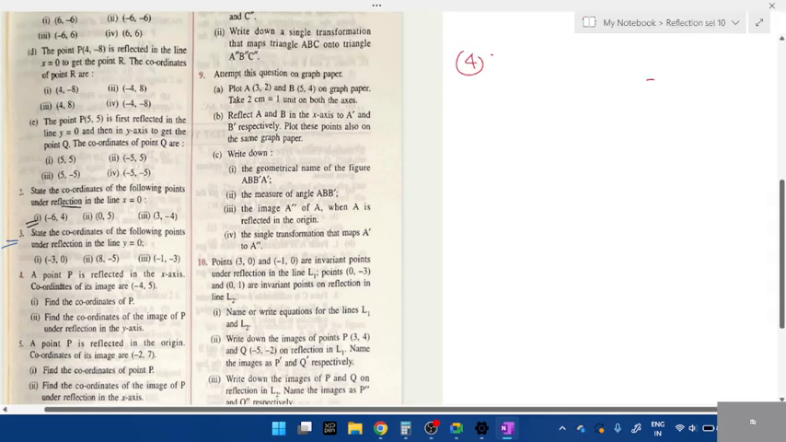We'll try the fourth question. A point P is reflected in the x-axis. Okay, if it is reflecting in the x-axis, take y is equal to 0 and the coordinates are 4, comma 5. Find the coordinate of P. First question, students. What's the coordinate of P? Which value will change if y is equal to 0? The answer is